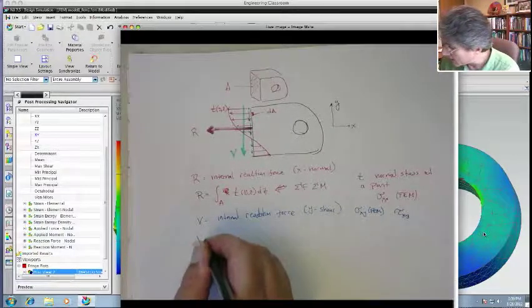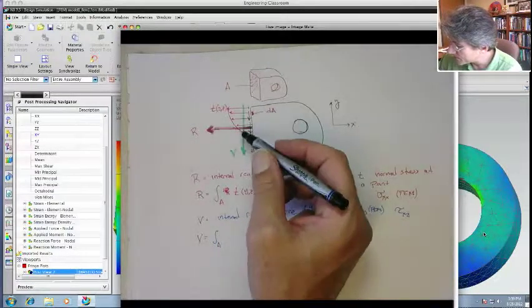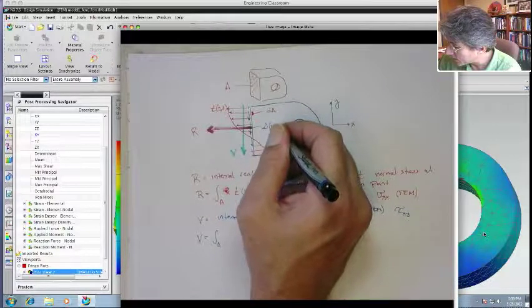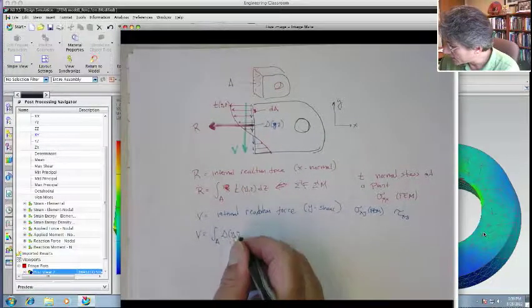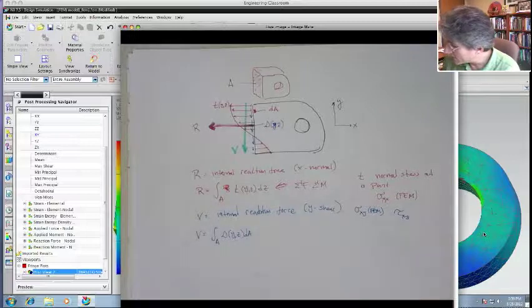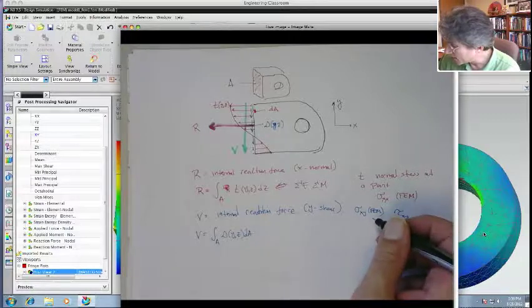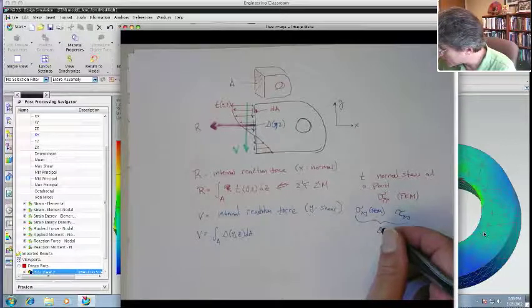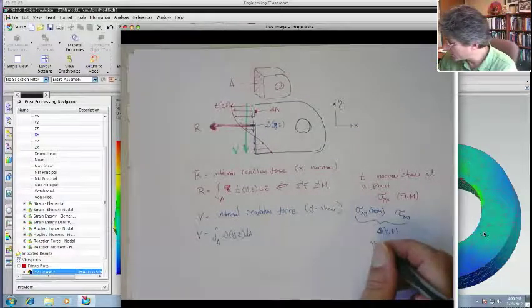And that is, again, equal to the integral over the area of the actual pointwise traction, which we denoted with S of x, of y and z. So the integral of S of y and z dA, right? So this is really, I think I'm assuming, this is what comes from S. Right? So you can think of S, this actual distribution, as the point shear stress. So this is the pointwise